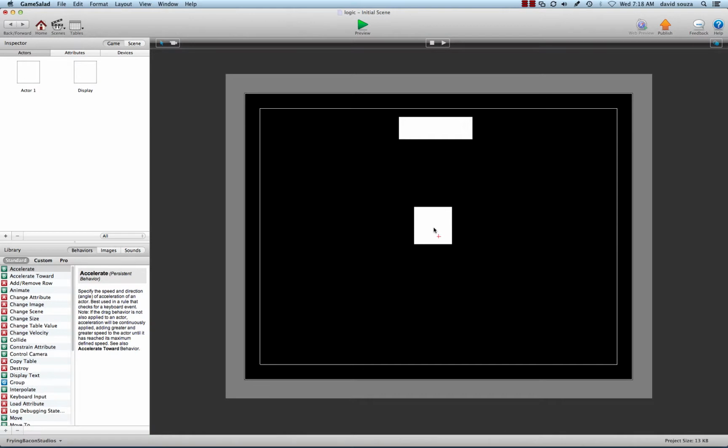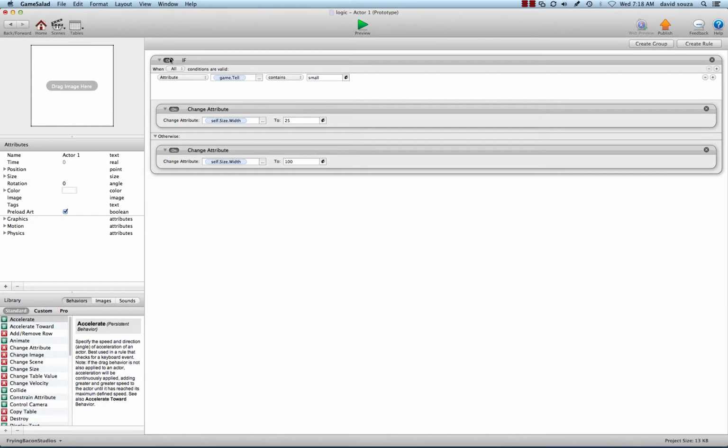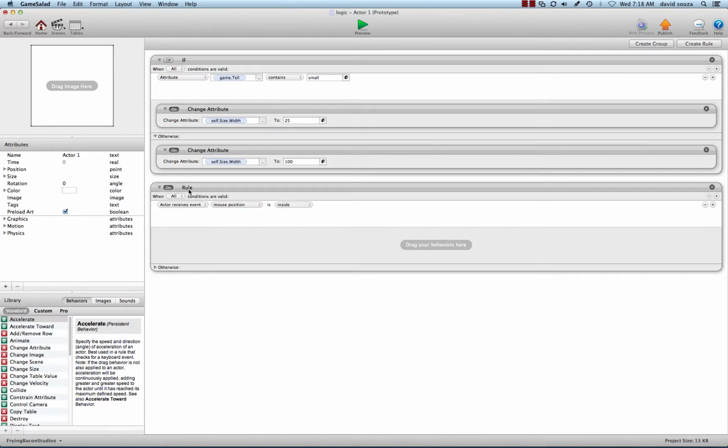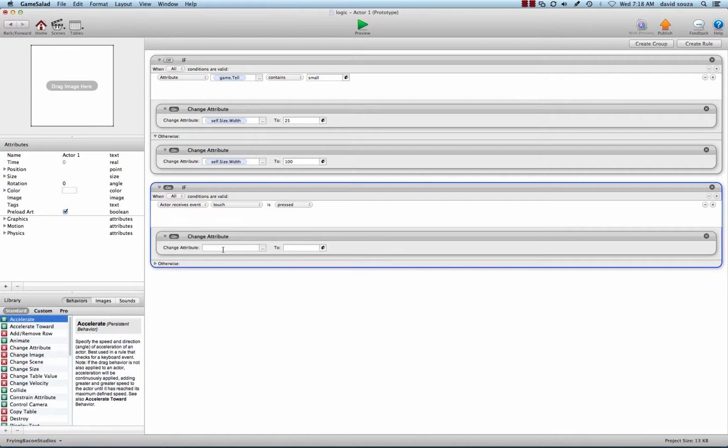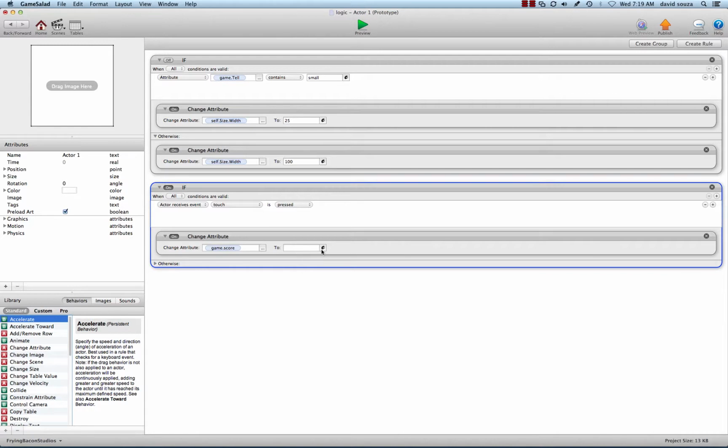And let's go ahead into our actor, and we can get rid of this. I want to keep this code, so we'll just shut that off for right now. And let's make a new rule, an if statement. We'll say if actor receives event, touch is pressed, let's change the score attribute. So we're going to drag in a change variable or attribute behavior, and we want to change game.score to,